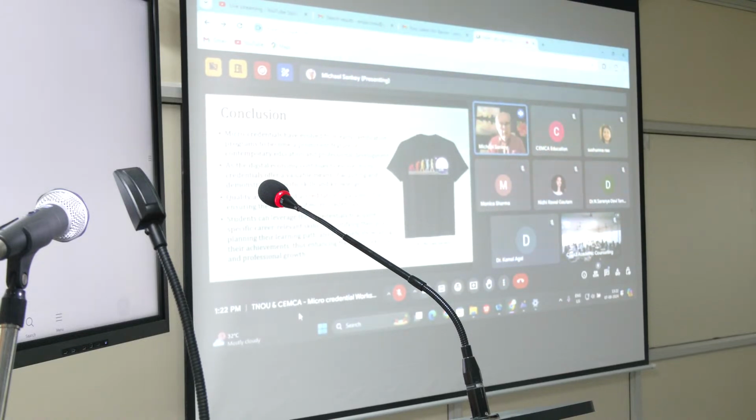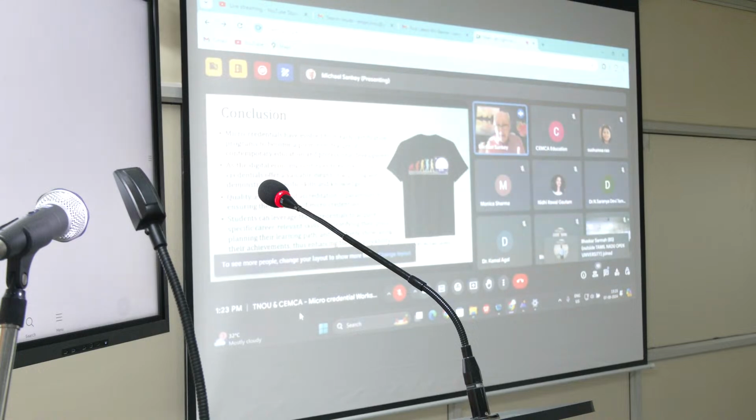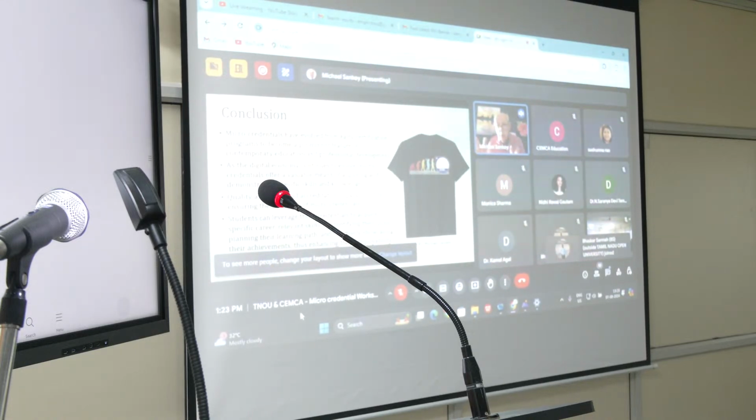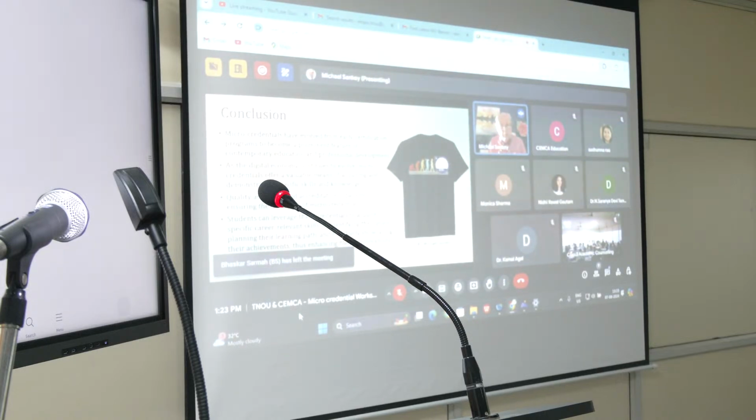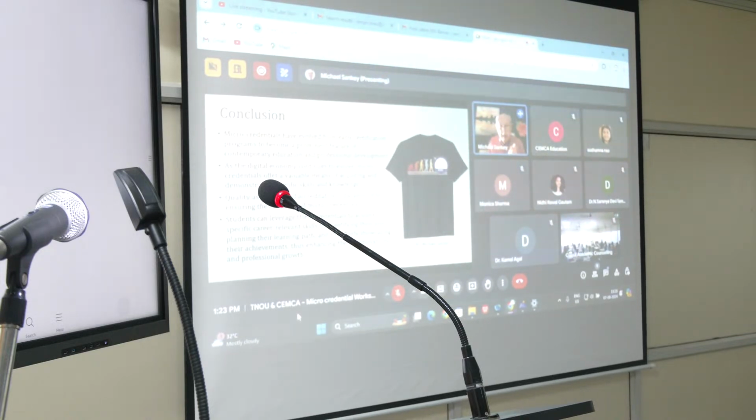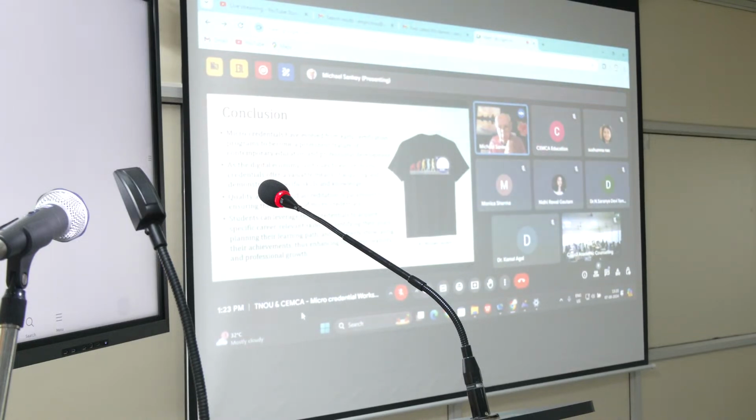So students can leverage these credentials to acquire specific career skills. It's part of our job as institutions, as universities, to provide pathways for these students to know that if they're going to do this, they're going to get that, and this is going to help them become better professionals. It's about helping them to showcase those achievements through the allocation of badges and certificates and things. And it's about doing this in partnership with employers to help their professions grow as well.